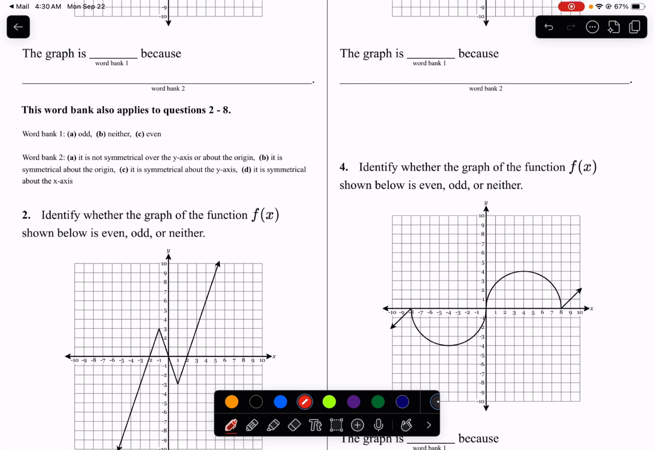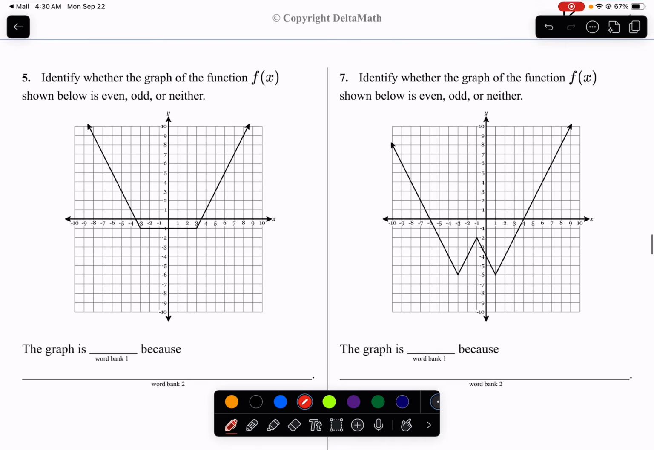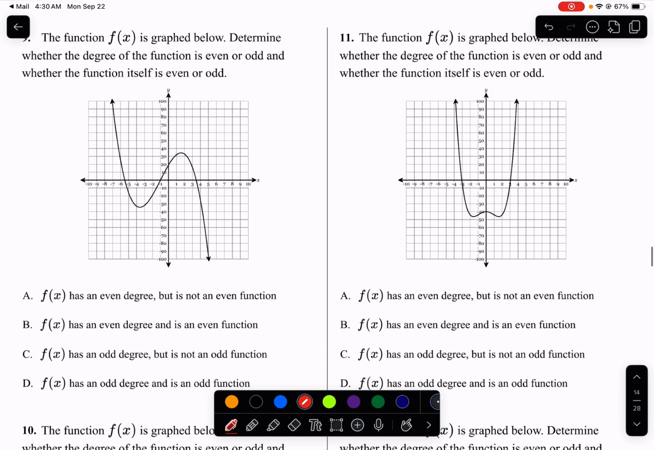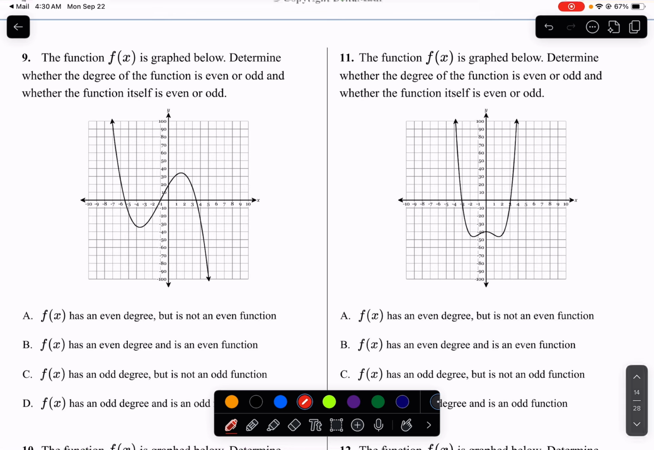All right, so let's take a look here at these problems. I like these because it allows you to identify if the degree is even or odd, but then you have to identify if the function itself is even or odd. So like here,